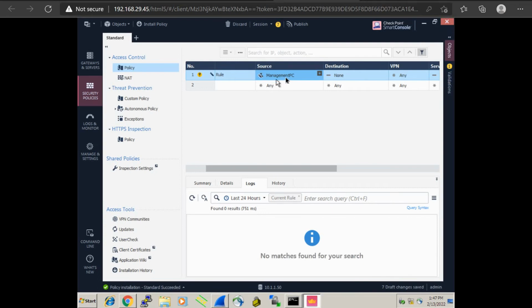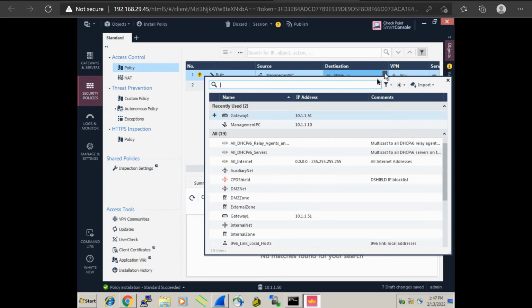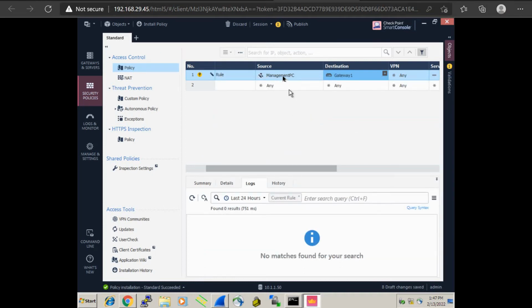And the source is the management PC, and the destination, it is trying to hit 10.1.1.51. So I'm okay with this gateway. Okay. If this guy is trying to hit the gateway, then the action is accept. Okay,